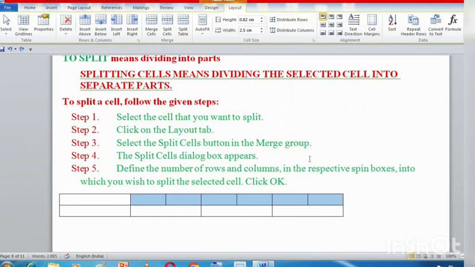But now I am performing this same thing again, and this time I will not uncheck it.